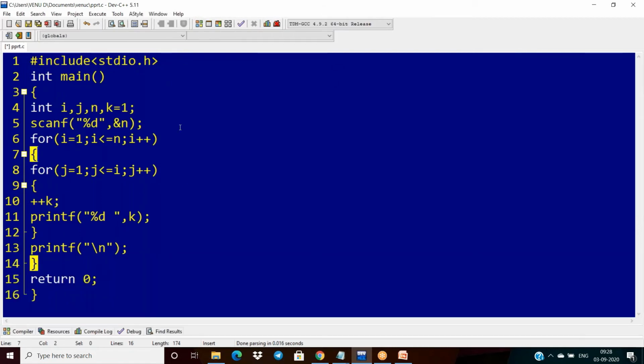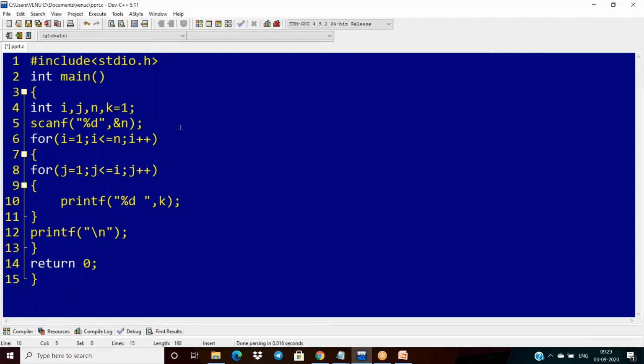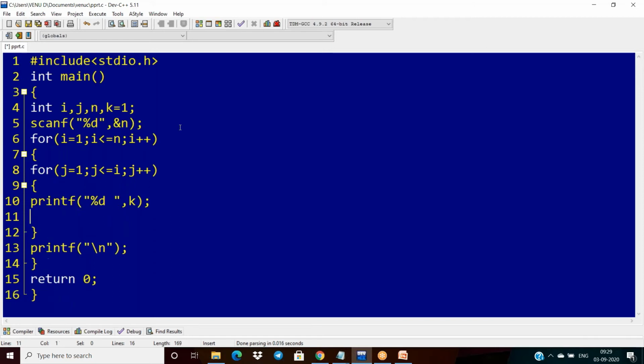If k equal to 1, first of all you have to print the k value as is, and later you can increment the k value. This also works.